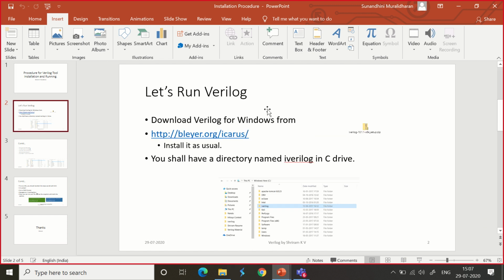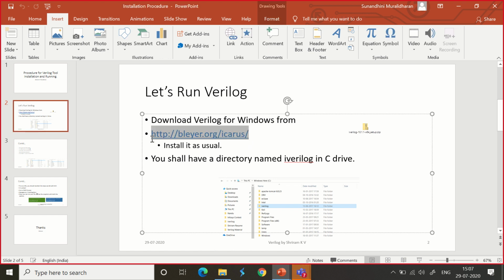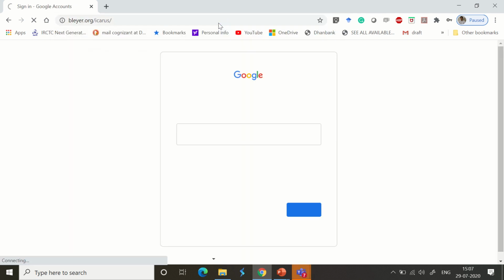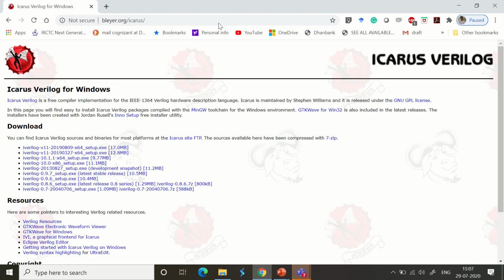Perfect. The first thing that we need to learn is how to install iVerilog. iVerilog is a tool that's again a freeware. You can use it and it's very easy to use as well. There are multiple tools available for using Verilog, but this one is the most preferred because it is very easy and has a lot of connection with whatever you have learned already. Yes, C programming is going to be very useful here, and you can relate a lot to C programming when you are using this tool.